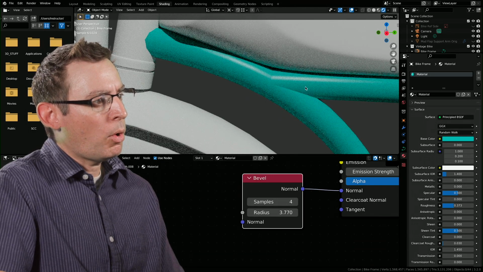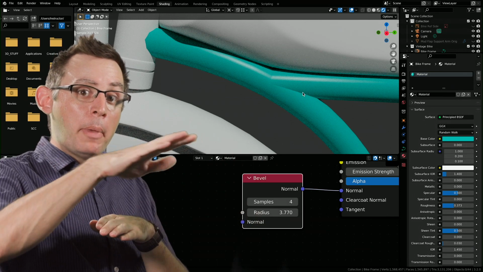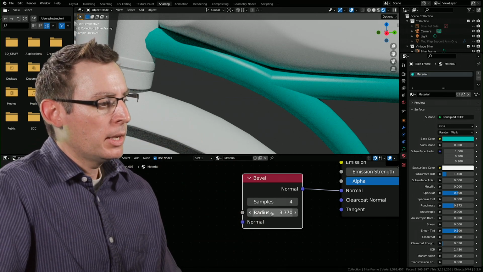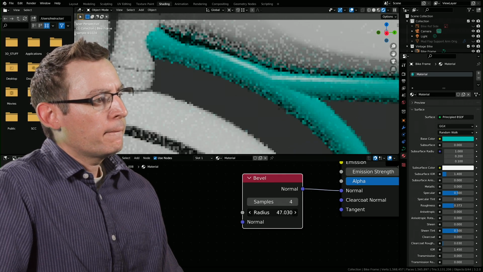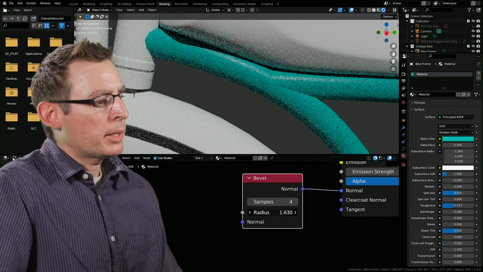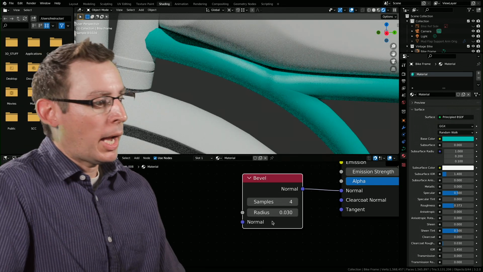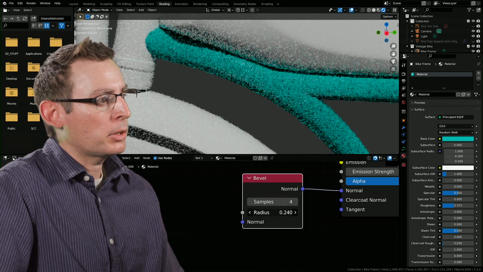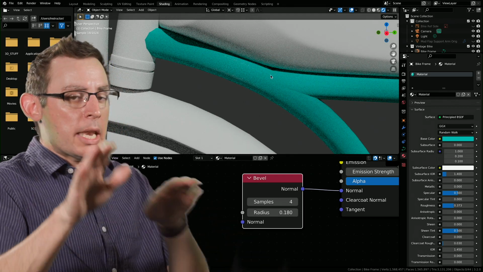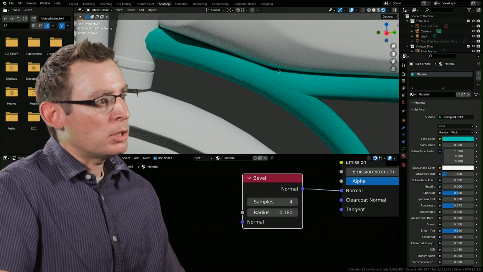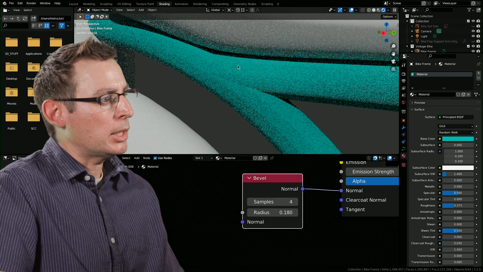There's going to come a point when all of these edges are going to start to blend together, and it's going to round out and bevel across all these different islands. You have to mess around with the radius here. Let's see if I can find the value. Sometimes you've got to go really high and really... Oh, I saw it flicker in and out there for a second. Yeah, I went too high. For mine in particular, yeah, there it is, 0.10. And look, now it's starting to reduce and shade across that entire area, which is just really, really neat. Look at that.